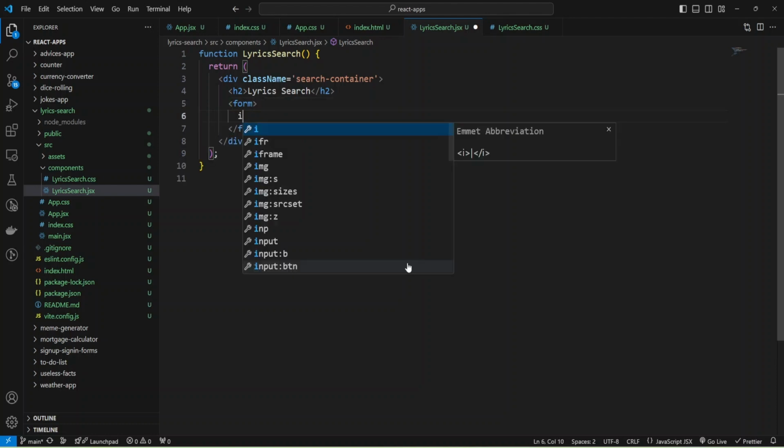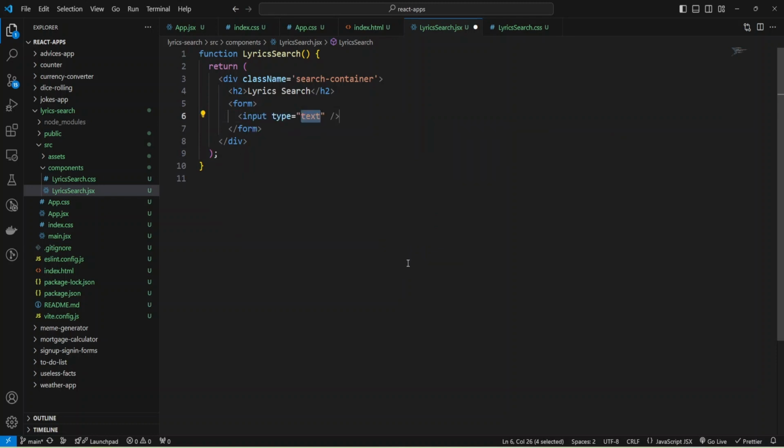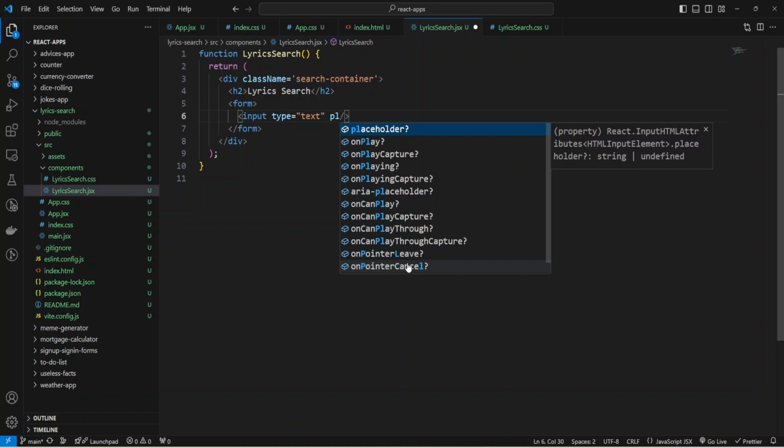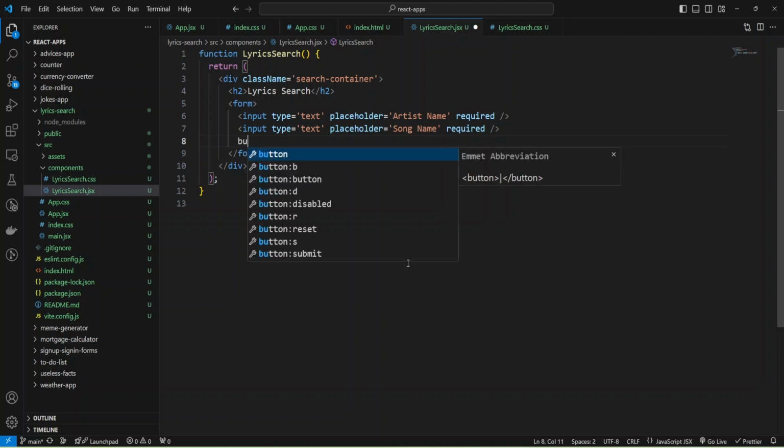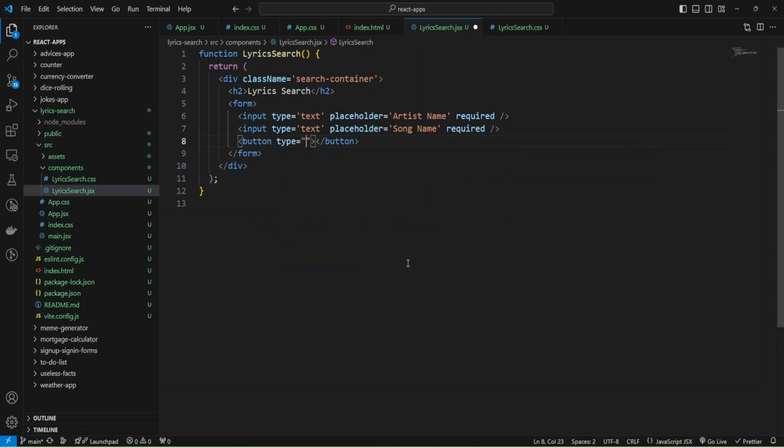And also we need two inputs with type text, and for the first input I'm going to add the placeholder artist name and make it required, and now I can copy paste and change the placeholder to song name, and also we need a button with type submit.